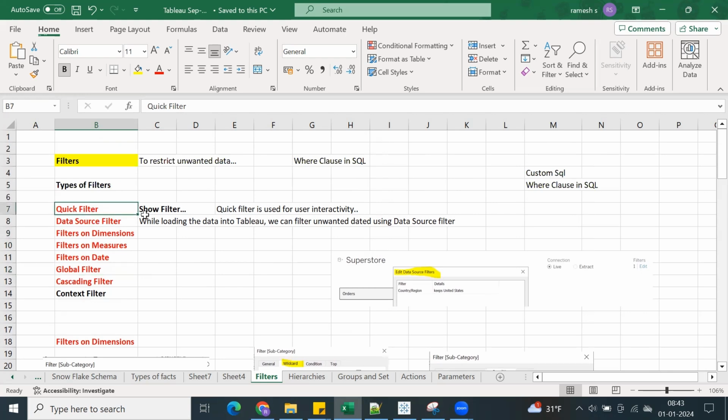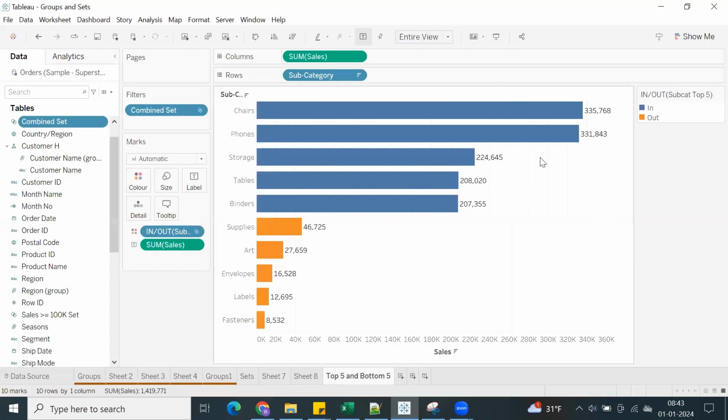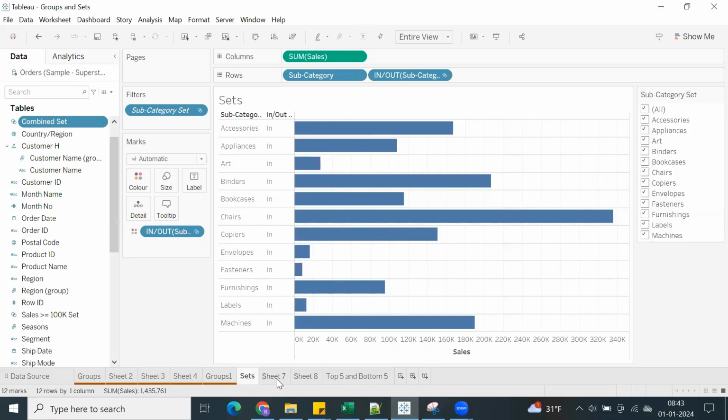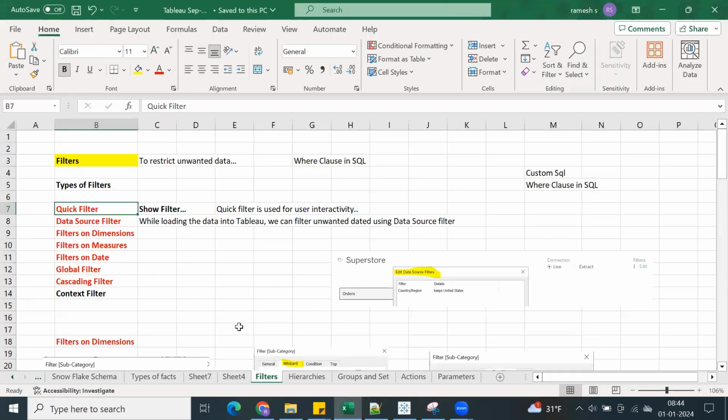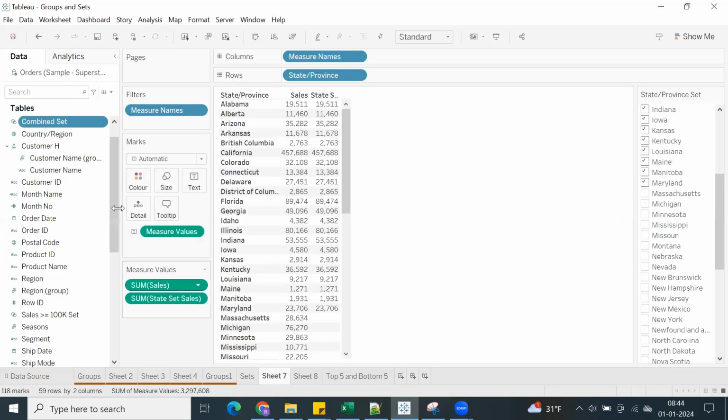Quick filter, we use it for user interactivity. If you want to provide users the option to select or unselect some part of data, that's a quick filter. And data source filter is nothing but, whenever you are going to connect